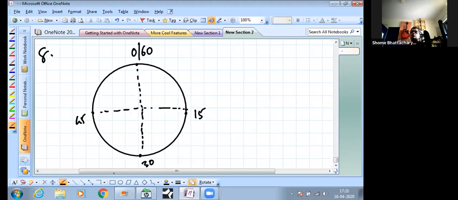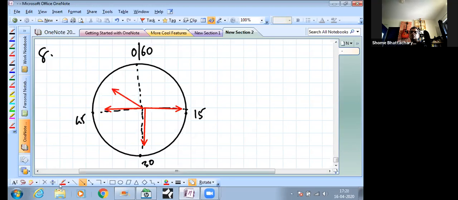Okay. So at a time when the minute hand of a clock, let's say I'm showing it as this red colored arrow, is 15 minutes past the hour, it is over here. And by the time it becomes 30 minutes past the hour, it is over here. Or by the time it is 45 minutes past the hour, it is over here. Or by the time it is, let's say, 50 minutes past the hour, it is somewhere over here like this.